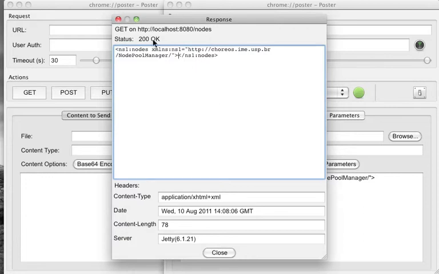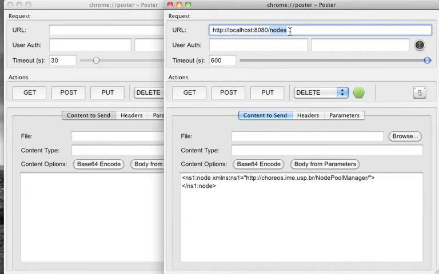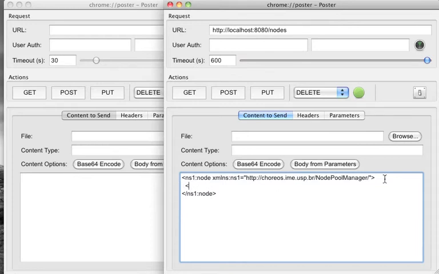Now I'll do a post in the same URI. By default I need to provide a node object with some properties, and I won't use any property here. I could, for example, put CPU or image ID to instantiate a specific image in the cloud infrastructure. But right now I will do just an empty call, and it will create a default node with all default